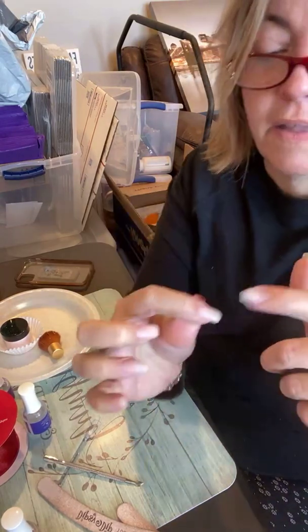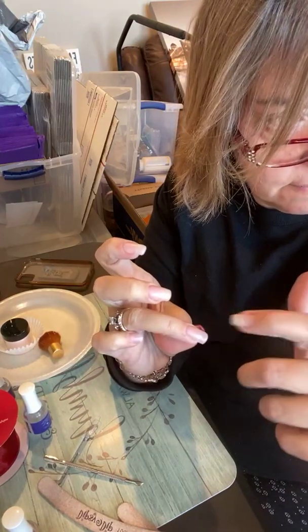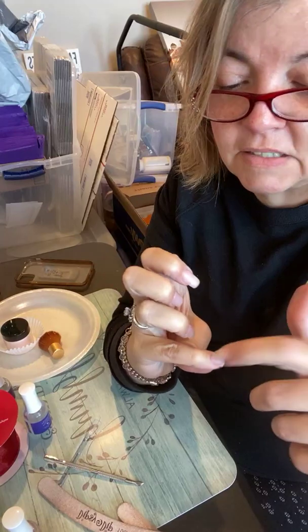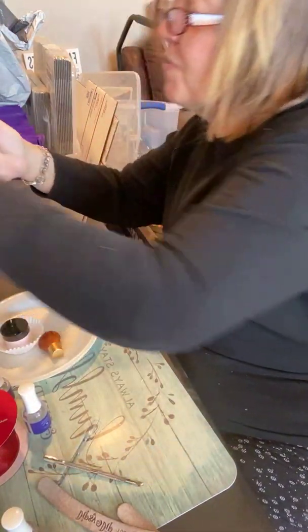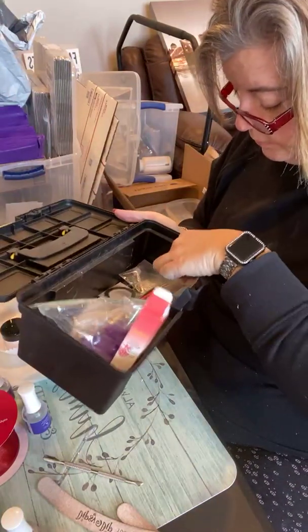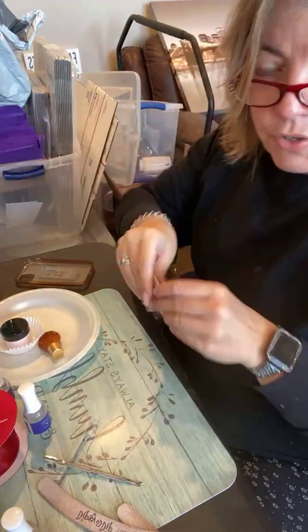All right, can you hear the clicks? It's hardening up. I still don't think it's as hard as it needs to be. Let me find an alcohol wipe and wipe off. Do I have one in here? Yes. I'm actually going to...